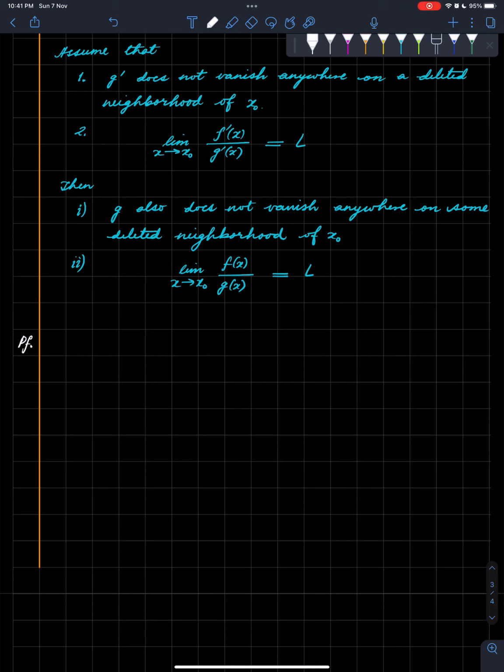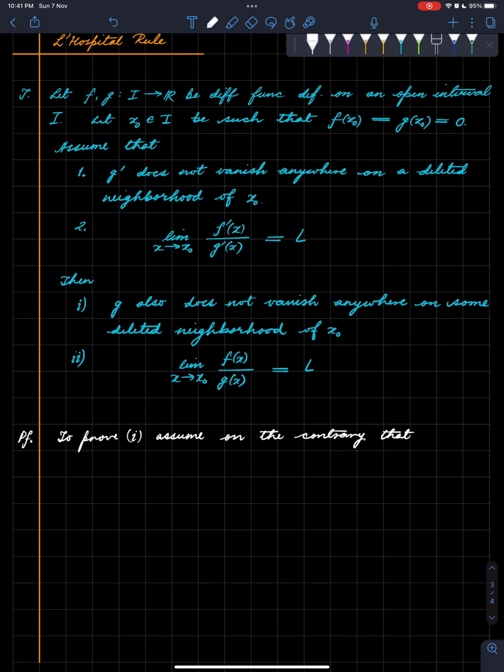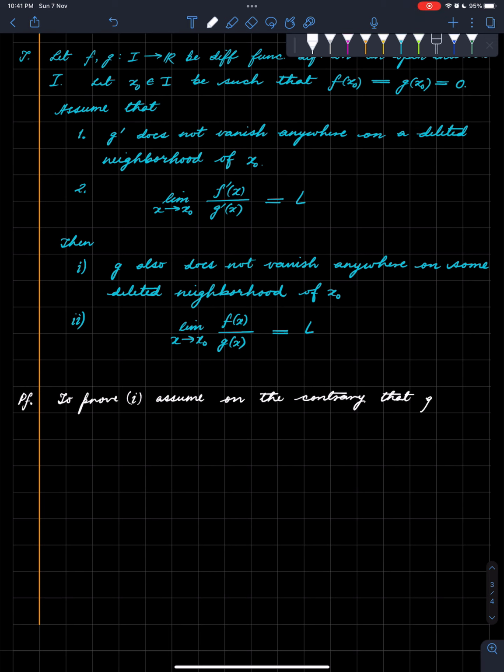So first let us show that g does not vanish anywhere on some deleted neighborhood. So to prove one, assume on the contrary that g vanishes at least once on any deleted neighborhood